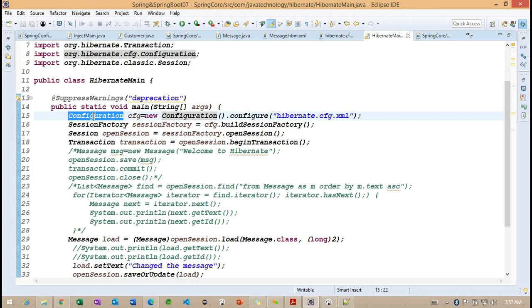Based on this configuration file, a connection is created between our application and the database. Once the connection is created, using the remaining interfaces we perform insert, update or any other operations. Because of this, the configuration plays a very important role.